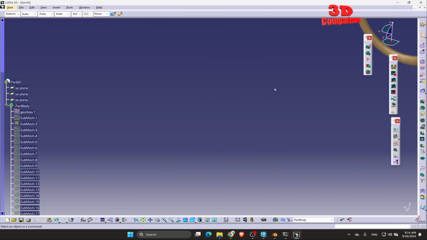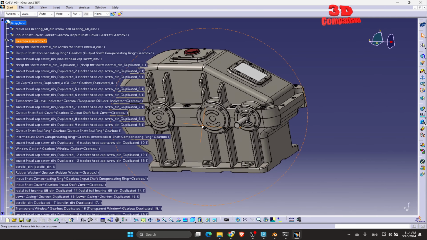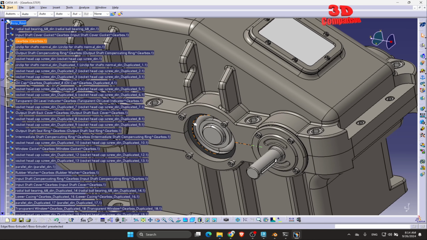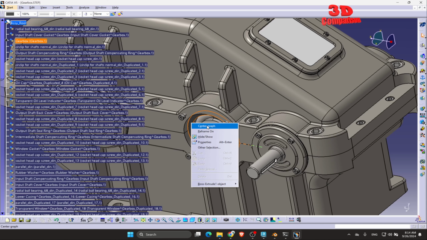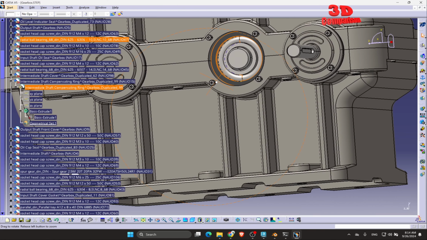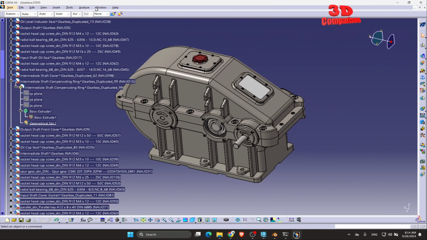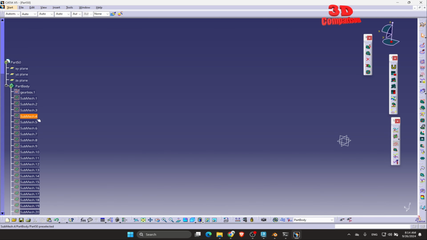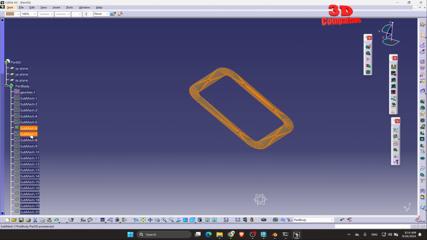So this will be those elements that will be used to keep the bearing over there. This will be actually that component, center graph. And as we can see, this will be the intermediate shaft compensation ring. And over here, if you start revealing various components, we're going to see that all of those will be individual. So we have this top component,